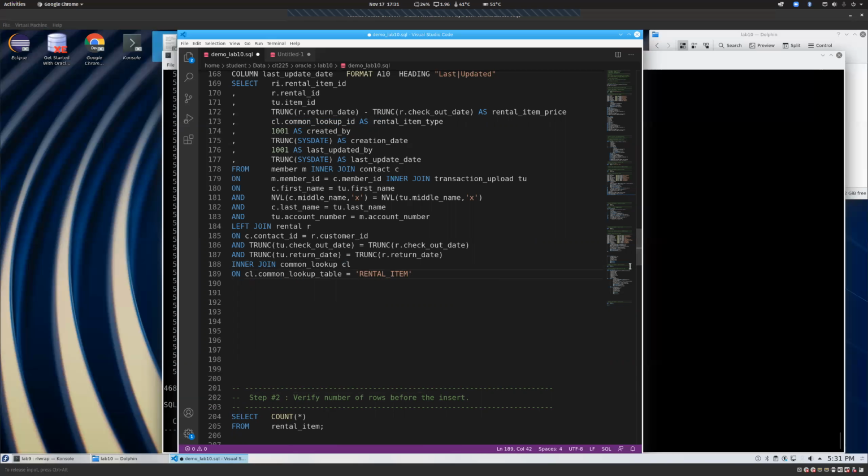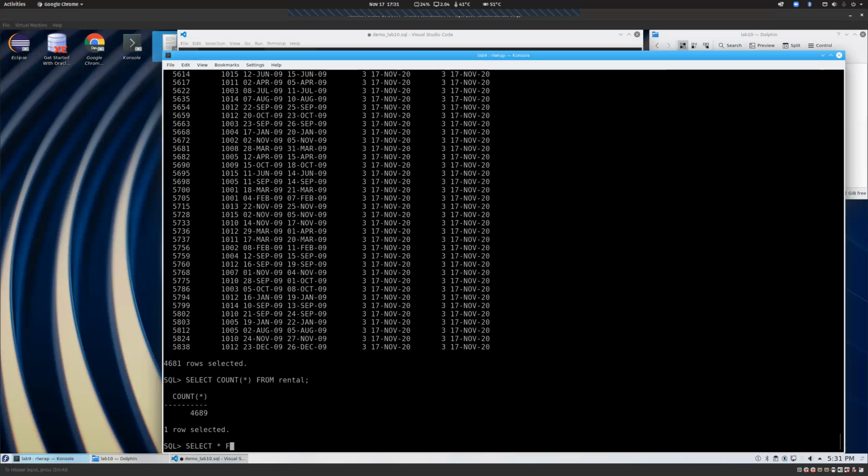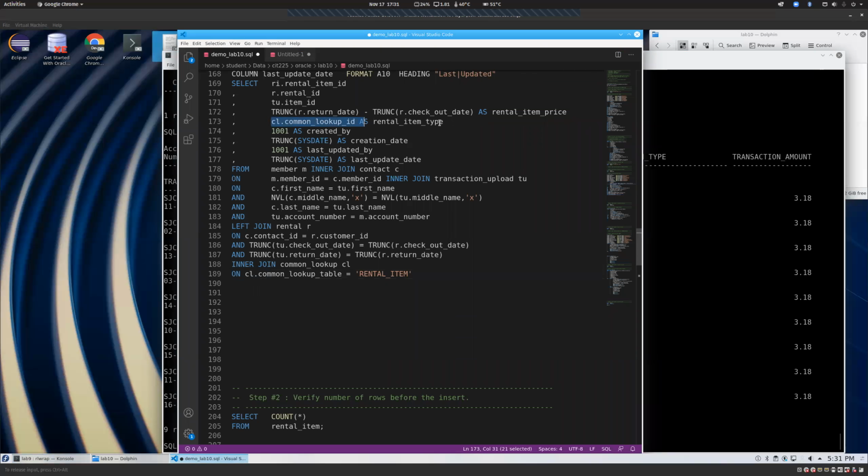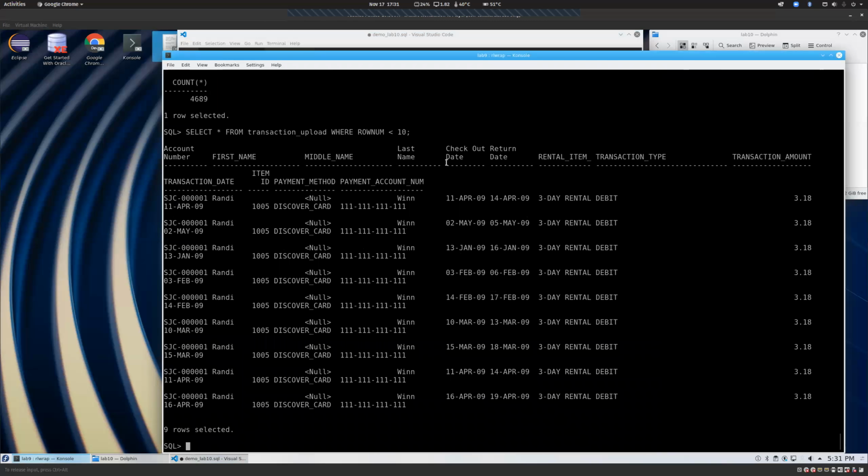Before we do this, let's take a look. If I just select everything from transaction upload, and let's just limit this to the first few. What we're trying to get is the rental item type, right? In this query, cl.common_lookup_id is the rental item type. What we need for rental item type is our 1 day, 3 day, and 5 day rental. We can look right in common lookup, because we will have those in there. So let's select everything from common lookup